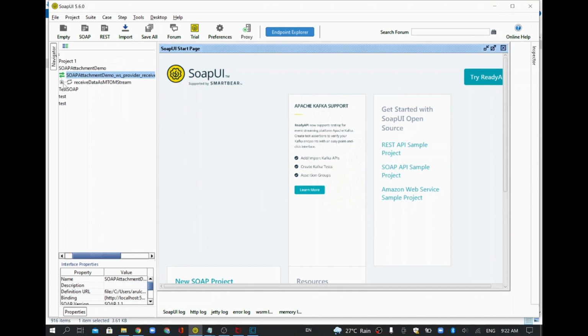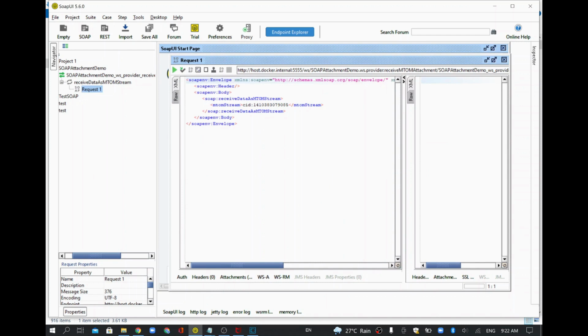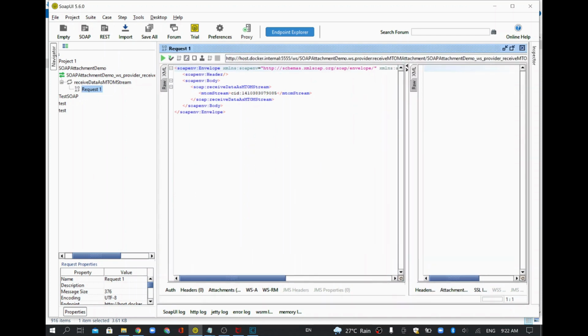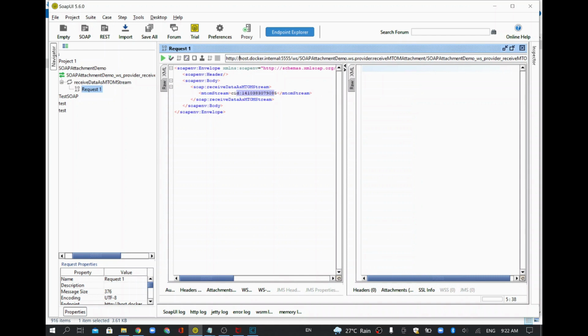See here, so now the request got created. I'm expanding this one. I'm opening the request, which will have our request. So this is our request body, where you need to send the MTOM stream with the stream data. So now we are going to add an attachment and fire the request from our SOAP UI. Before that, I'll change this host name alone to localhost, because my webMethods instance is running on my server. So you have to give the webMethods server name here, and I'm going to add the attachment.